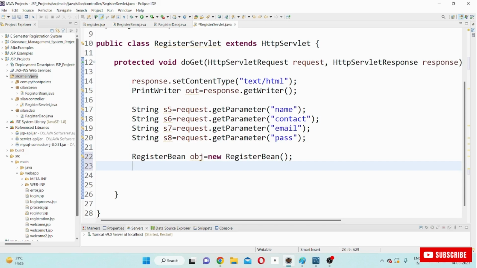So register bin object that I created. This is the first objective of a controller component. In register bin, as we have seen, there are some setter methods, which we already developed in our last class. So after creating the instance, after creating the object of the model component, whatever setter methods we have